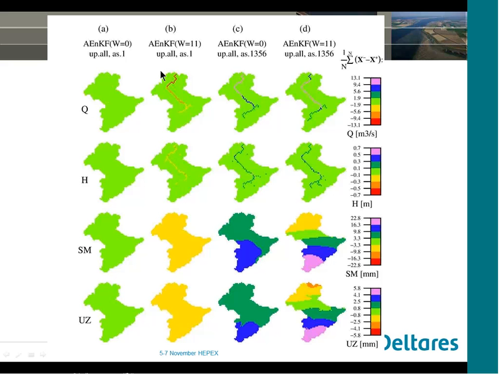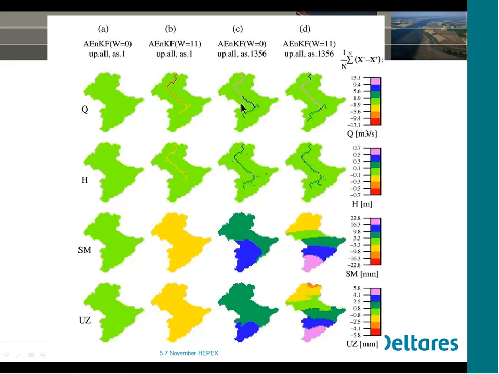If you then move on and use the asynchronous Kalman filter with the past 11 observations, this changes. Remember that we were too low with the ensemble, so water has to be added, and that's what you see. The red colors indicate that water was added. The mean of the innovation is negative; with this definition, that means that water was added. And you see that it propagates also to the soil moisture and the upper zone store, but mainly to the routing part.